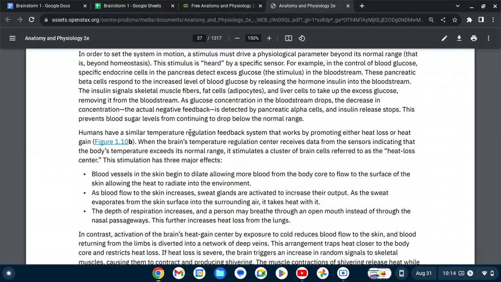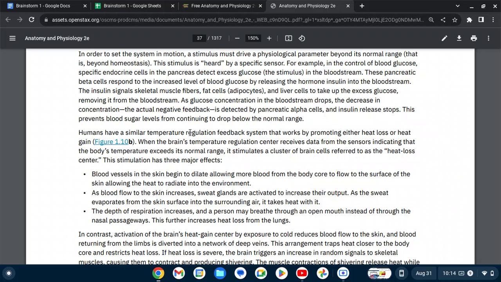In order to set the system in motion, a stimulus must drive a physiological parameter beyond its normal range. This stimulus is detected by a specific sensor. For example, in the control of blood glucose, specific endocrine cells in the pancreas detect excess glucose in the bloodstream. These pancreatic beta cells respond to the increased level of blood glucose by releasing the hormone insulin into the bloodstream. The insulin signals skeletal muscle fibers, fat cells, and liver cells to take up excess glucose,